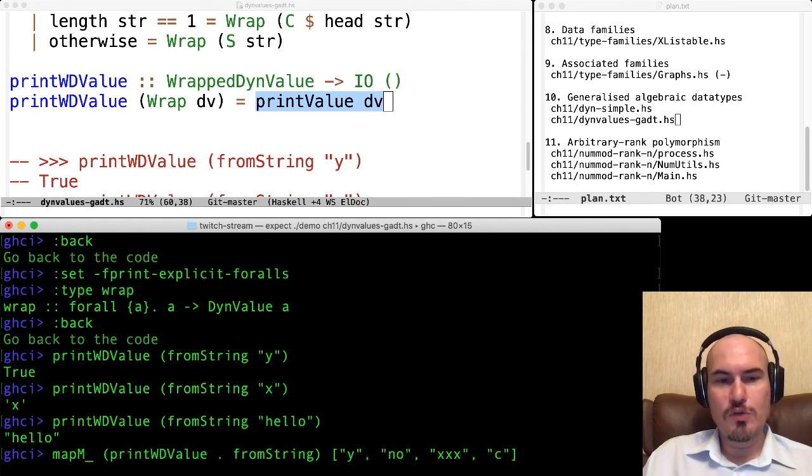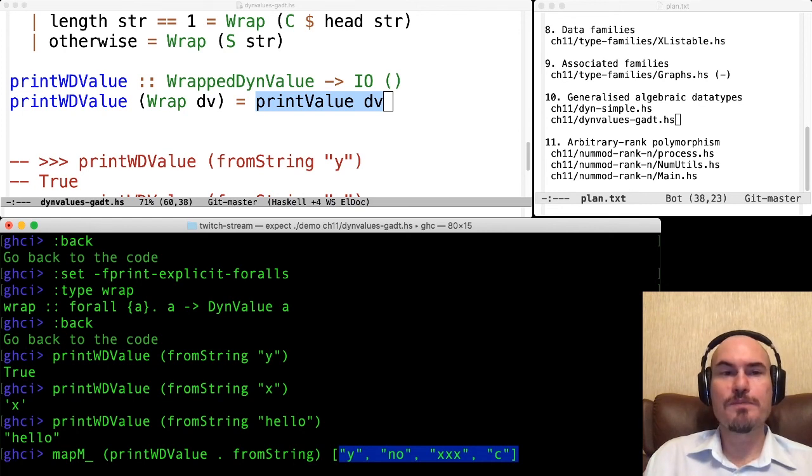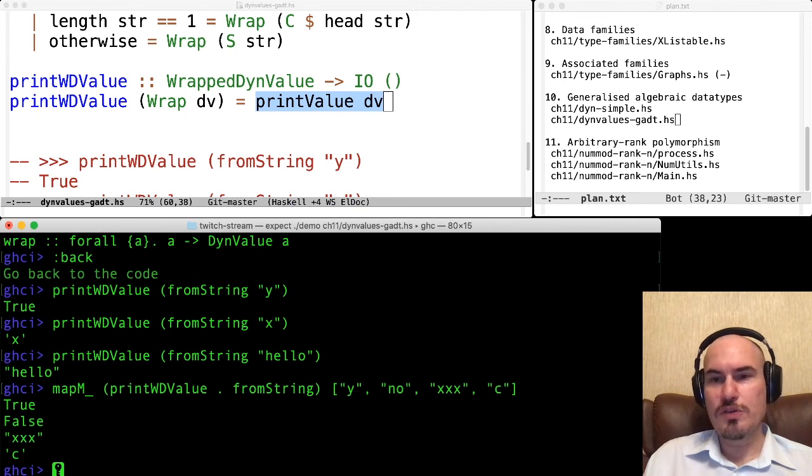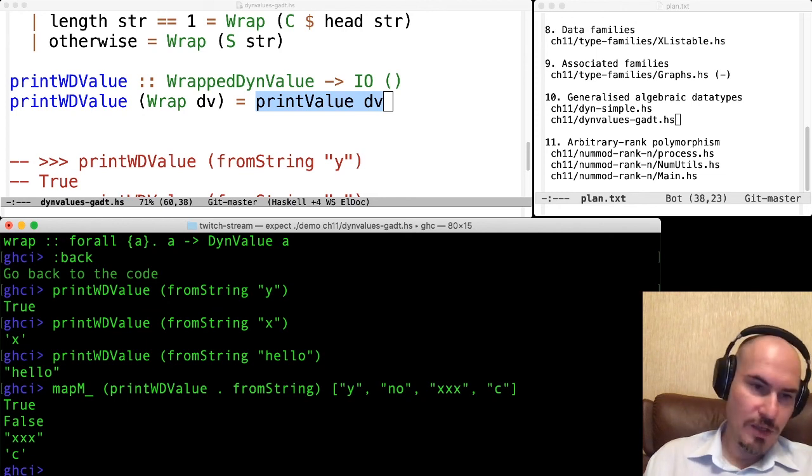And we can also create a list of wrapped values as follows. So we have strings, and then we wrap them, and then we print them, and now it works. And it looks like we have different values of different types in a list, but technically they are the same. This will be a list of wrapped DynValues, and we can work with them as follows. All right.